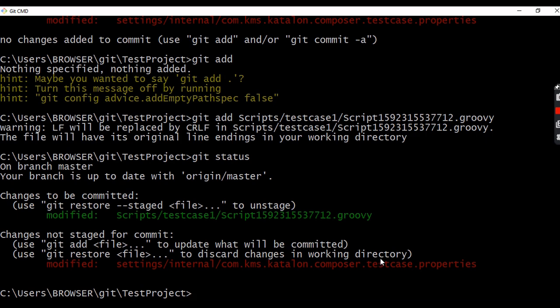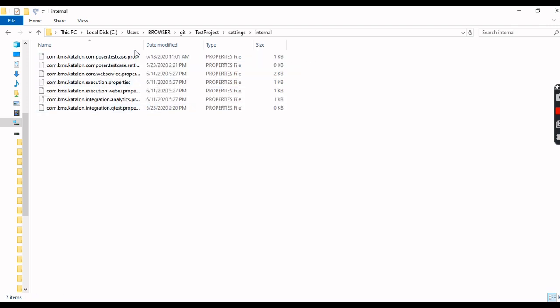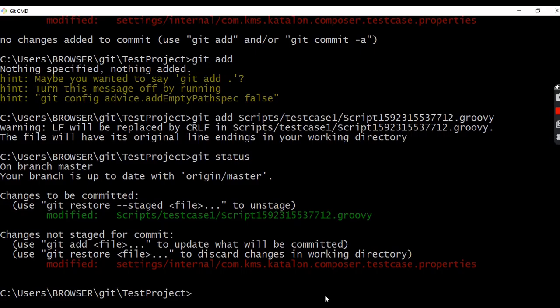So where is this? This is in settings, internal, and the file name. So go to your project folder again, settings, internal, and the recent file, this one. I will copy this file name. I will go to git again.